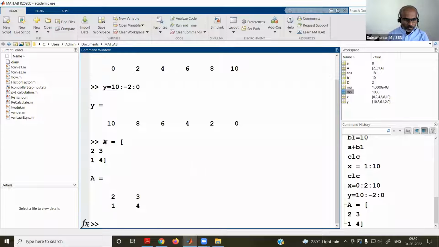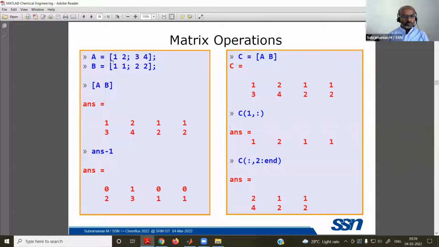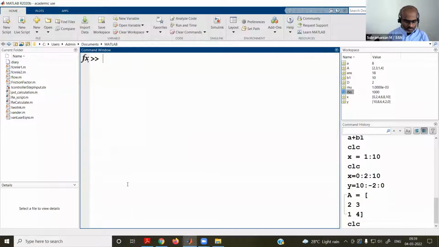Of course, we are spending too much space. Instead, we can do this in a single line itself using this semicolon option. Semicolon is to end a row, and this semicolon is now to prevent the echoing of results. Otherwise, let us understand, do it again. CLC, so let us have this B equal to 1 minus 1, whatever, 2, 0, 3, minus 9. Okay.